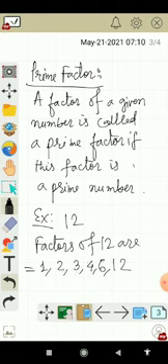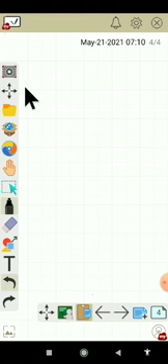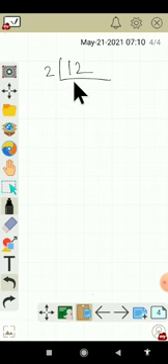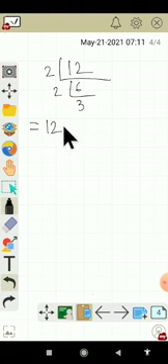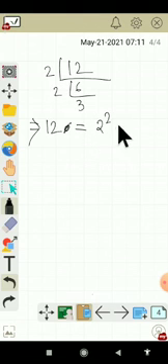You can write this one in another way also, that we will divide 12 and write it only by prime numbers. So how will this be? 2 sixes are 12, 2 threes are 6, so 12 is possible to write as 2 square into 3. So this is the prime factorization representation.